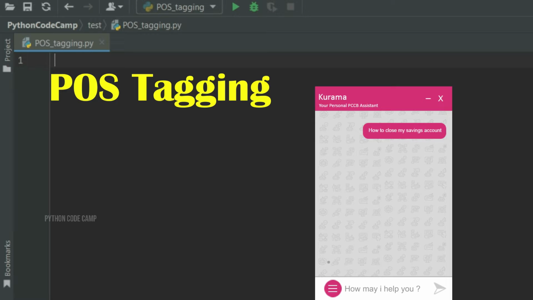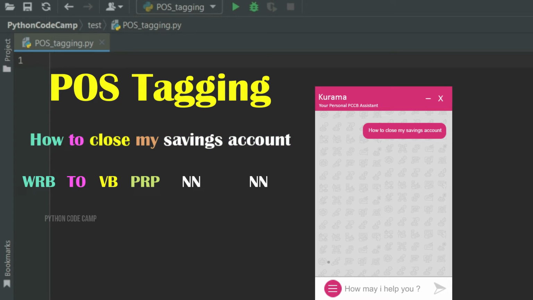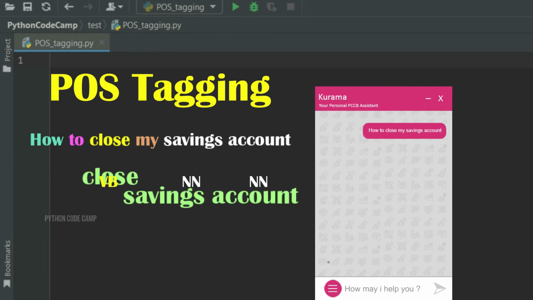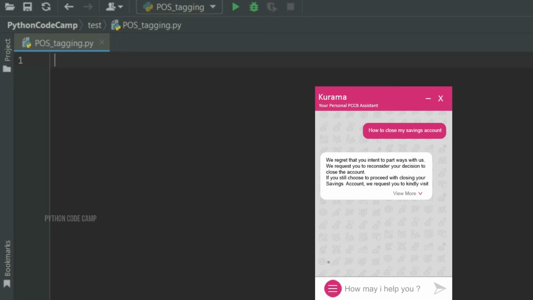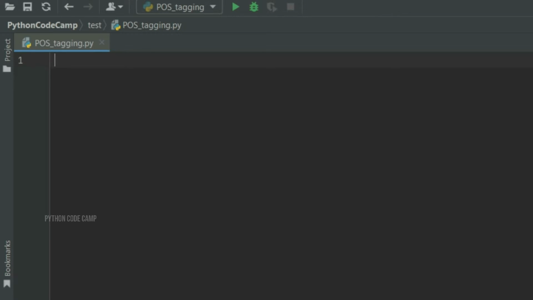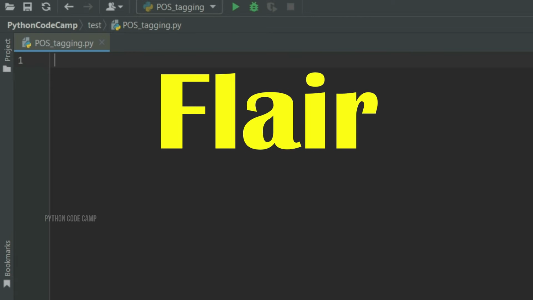By subjecting the user input to POS tagging, we obtain this. Now, armed with this information, the bot can customize its response based on the identified verb and noun in the result. This helps the bot grasp the user's intention more accurately and gives a more fitting answer that makes sense in the conversation. There are numerous models for POS tagging, but Flair stands out as one of the most impressive and